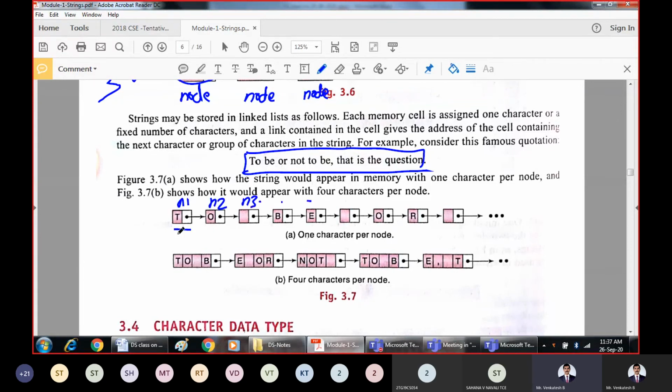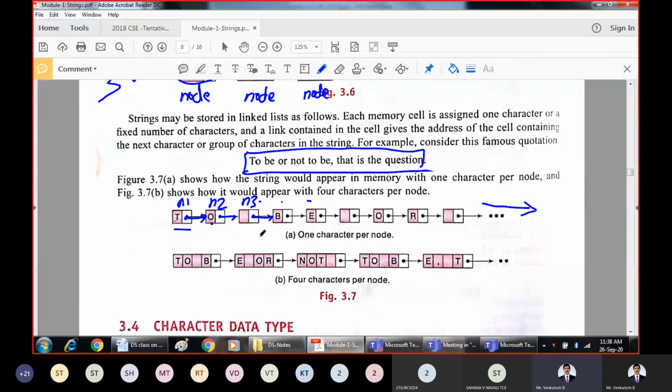What is the actual string? To be or not to be, that is the question. So T, O, space, B, E. The list is going to continue, because we are using only one character for every node. Store T and then a pointer to the next character, that is O. Store O, then a pointer to the next character. Store blank space, then a pointer to the next character.